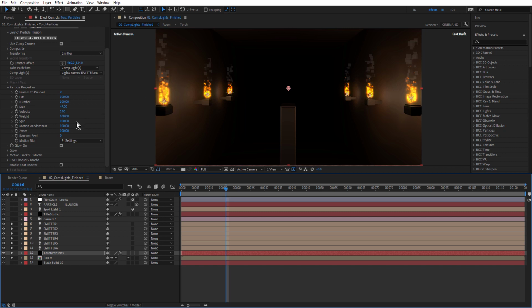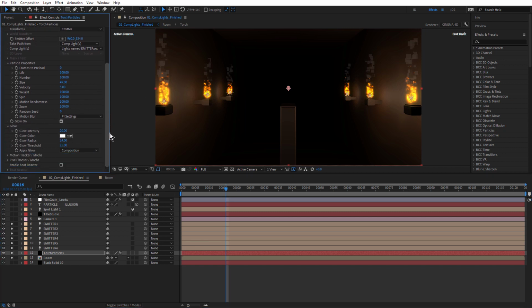And notice also that I have glow turned on. That's another option inside Continuum, just to make those look a little more fiery. Okay, so super straightforward using Particle Illusion with lights in 2021.5. What I want to point out now is a couple of expressions that I've applied to lights.